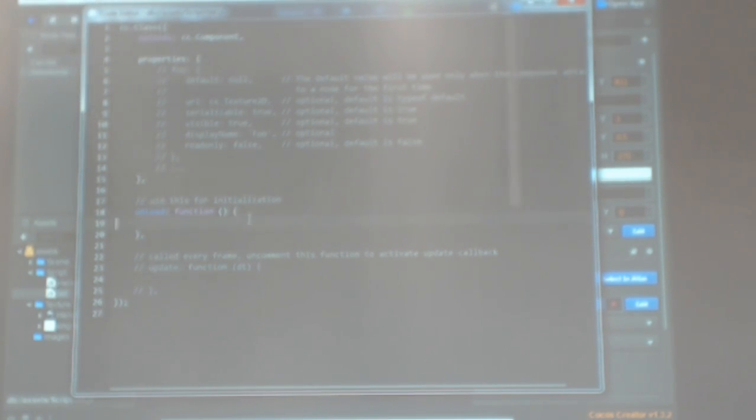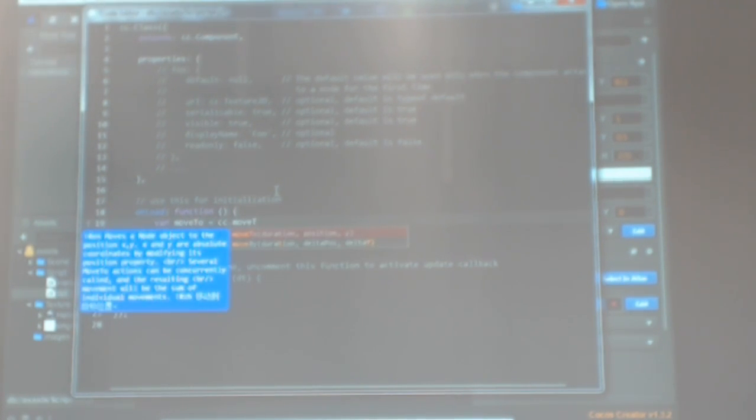So I'm just going to create a variable, let's call it move2, which is a move action. The editor itself is going to help you with auto completion, and you can see here that it actually tells you the parameters. First parameter is the duration. Second parameter, it says position. It should say X because it's weird. The English translation is not very good because this was built in Chinese first and they just translated it to English, so you're going to see that the translation is not too good.